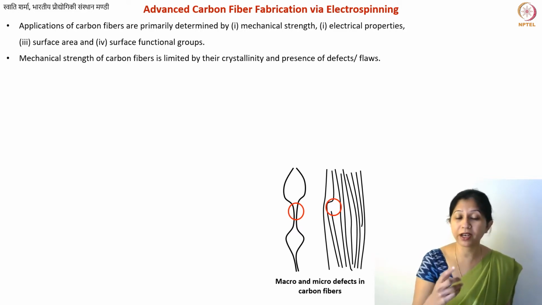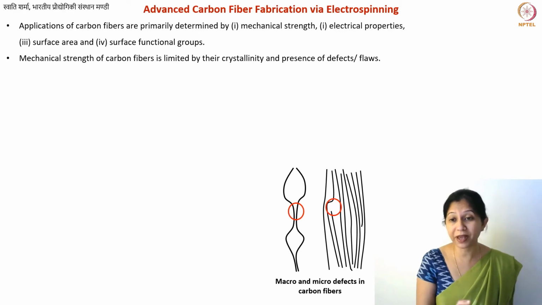Now overall, when you look at a fiber like this, so this is a very small region, the fiber will look uniform, and you will even call it graphitic carbon fiber if you're able to observe the peak for graphite in your XRD. So you will still be able to call it a good fiber, a graphitic fiber.